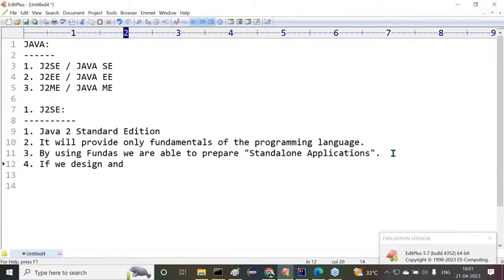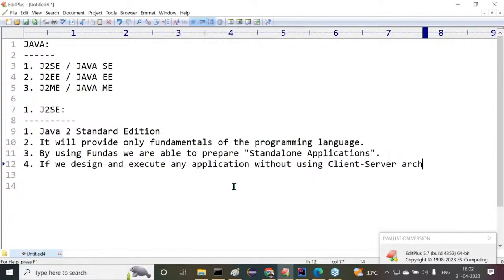If we design and execute any application, are all of you clear up to now? If we design and execute any application without using client server architecture. You know, there is a design architecture called client server architecture. The client will send a request to the server, the server will perform some process, and the server will send some response back to the client. This is client server architecture. Are all of you getting my point or not? If we design and execute any application without using client server architecture, or, listen carefully, without